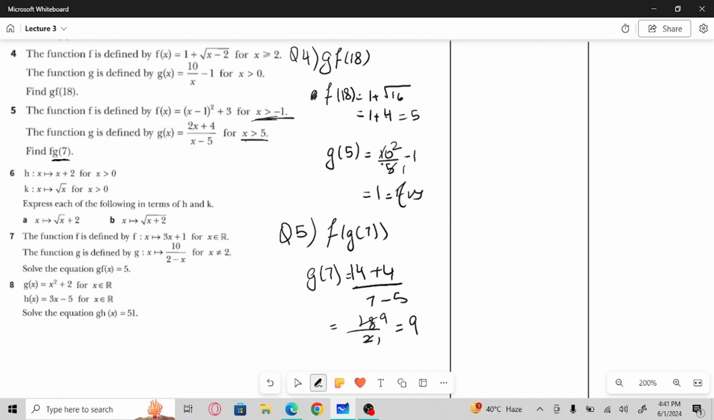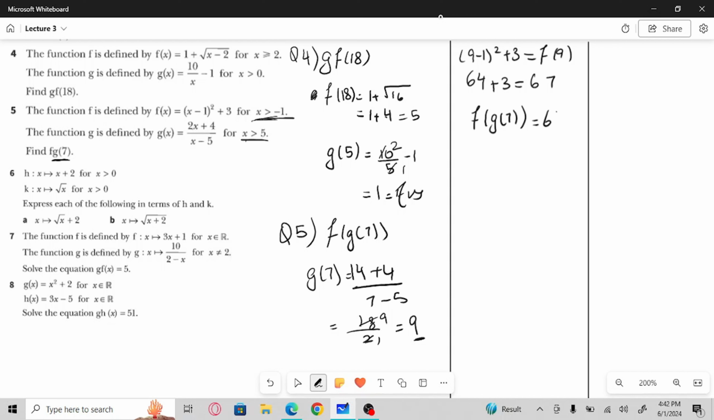And now we will just input this value of 9 into the function f, and again 9 is obviously greater than -1. So what we are going to do is (9 minus 1) whole squared plus 3, which is equal to f(9), which in return is equal to 9 minus 1 is 8. 8 8s are 64, plus 3, which is equal to 67. So we are going to say that the function f, if it has been input the value of 9,